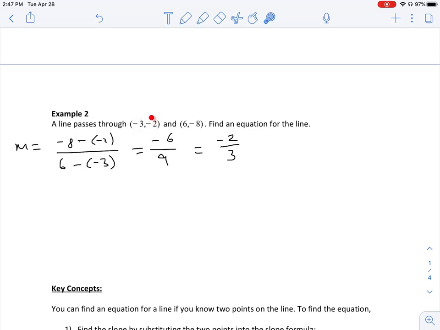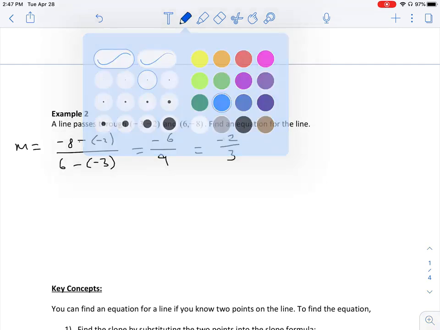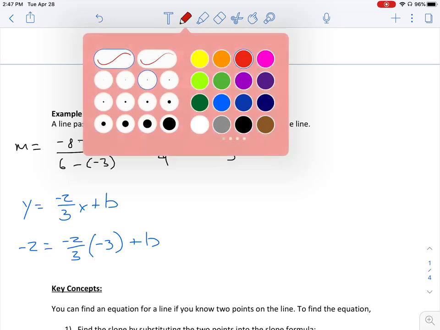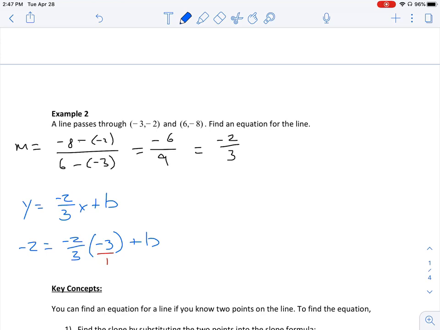Go ahead and plug in either a value, either this point or this point. y equals -2 over 3 x plus b. So we plug in, I'm just going to use the first point here. So my y value is -2 equals -2 over 3. My x value is -3, plus b. Well, this -3 can be written as -3 over 1. So I have -2 over 3 multiplied by -3 over 1,